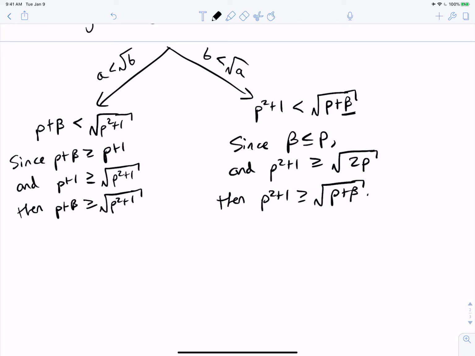So all we're doing is making the right-hand side as big as it possibly can, and it's still the case that the left side's bigger. So therefore,